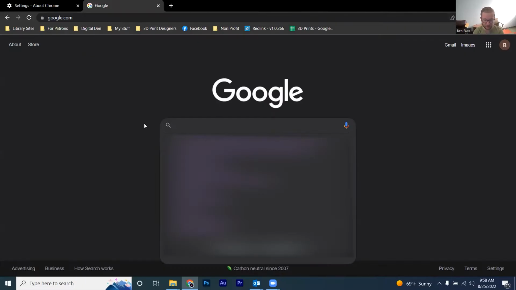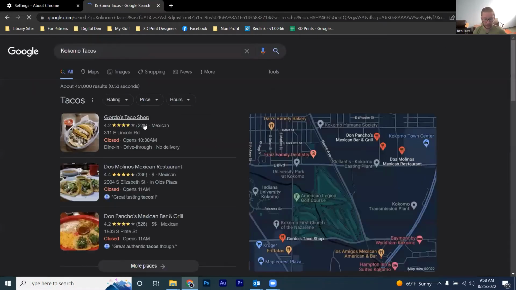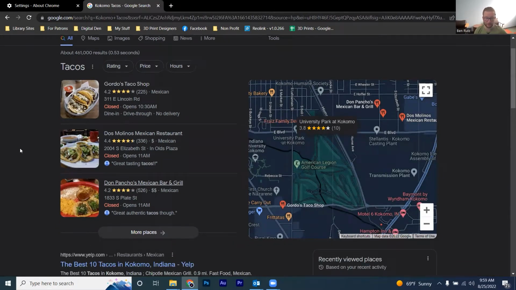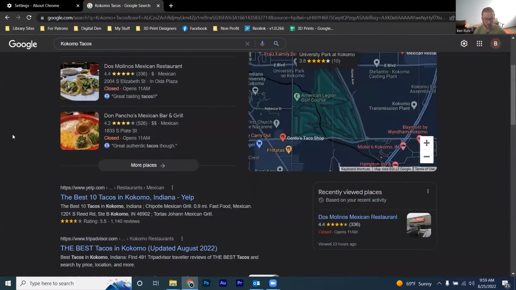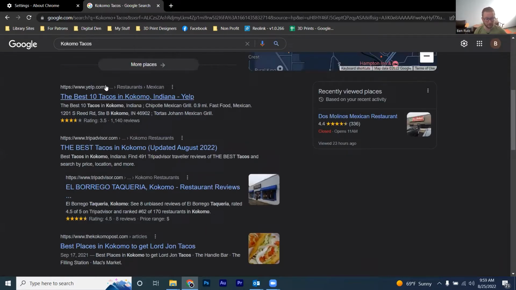Say, for example, I would like to learn about tacos in Kokomo, tacos, right? So I could click on that there. And the nice thing about looking up food and locations to shop is those results pop up here at the top, and they'll even pop up on the map. But what we want to take a look at is, let's scroll down here and take a look at the links that will appear at the very top